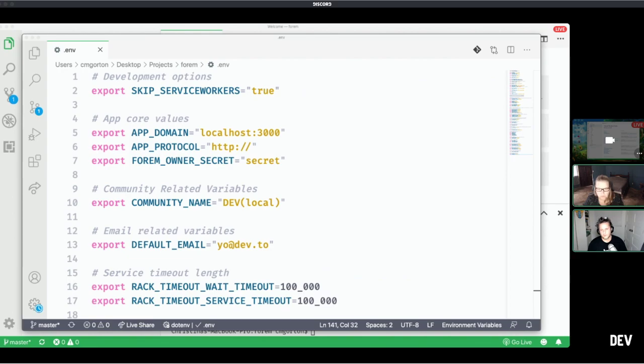We support Facebook as well now. And then there's a bunch of default settings in here which are all really meant for local development. The reason why this file is not in the project is because it's a bad security practice to commit a .env file because it can contain sensitive information, which is why we have this .env underscore sample file that we copy